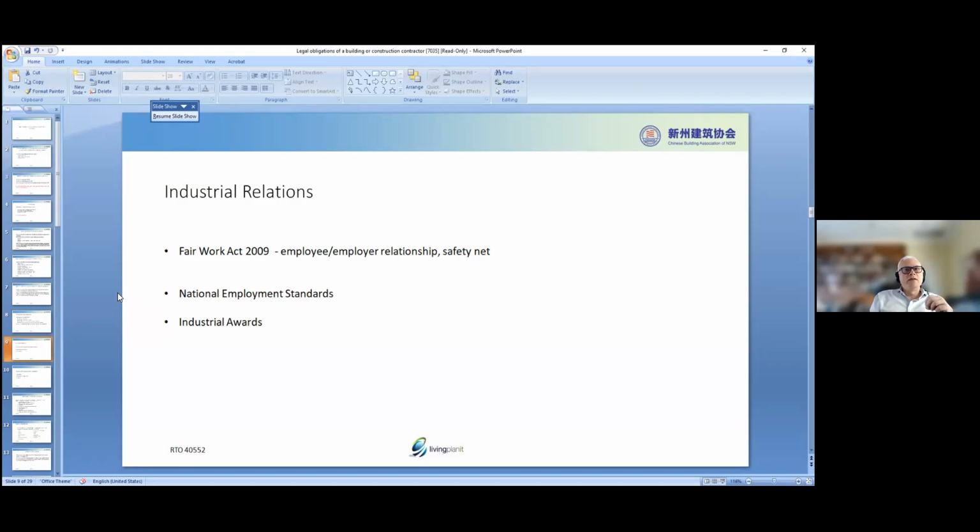And that's why the unions have the right. Not everybody's a member of the union, and you don't have to be a member of the union, but they have the right to come into a PCBU, to an employer, and say, I want to check your wage records. Even though the people may not be members of the union, they can come in and say, we want to check your wage records. Why? Because they have the ability then to say, okay, how much an hour are you paying this person? And if they are paying less than the award, then that PCBU will be fined, will be penalized, okay? So keep that in mind.